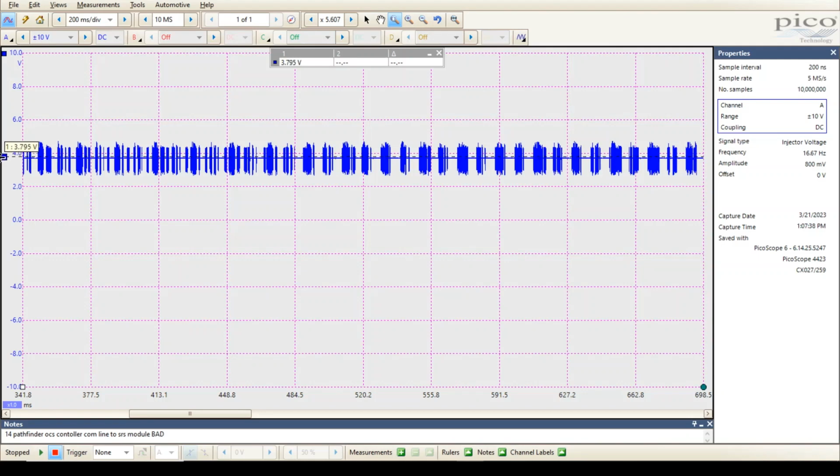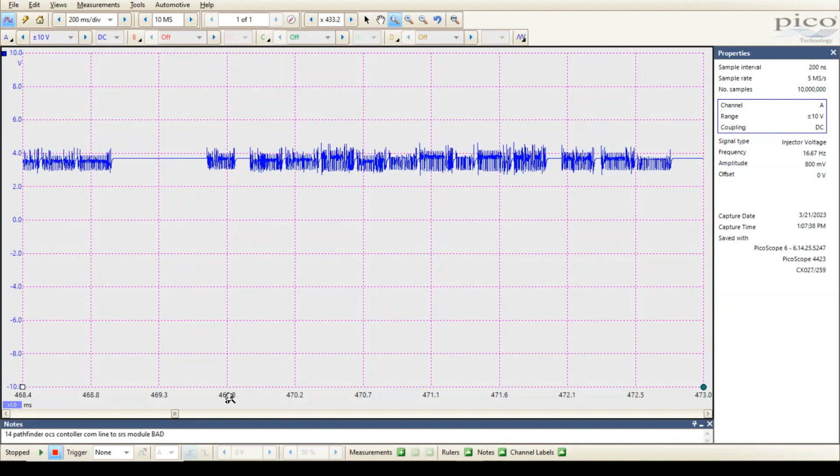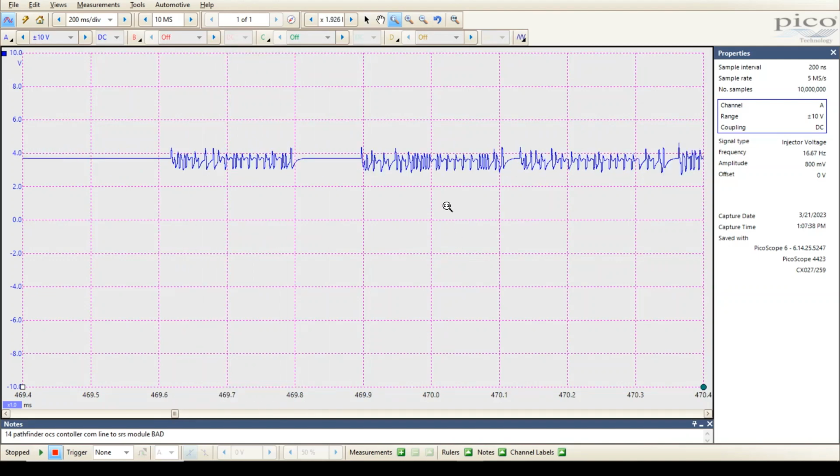3.5, 3.7. I'm like, all right, but this is something I haven't ever tested before, so I'm still keeping an open mind. So I zoom in a little more, I zoom in a little more. Now it's starting to look a little... Now when I get to this point, guys,